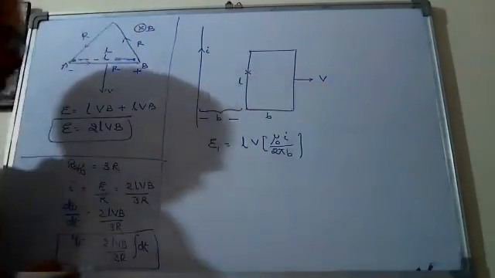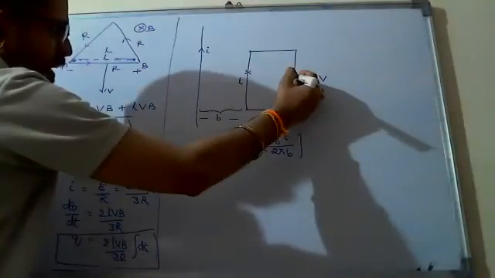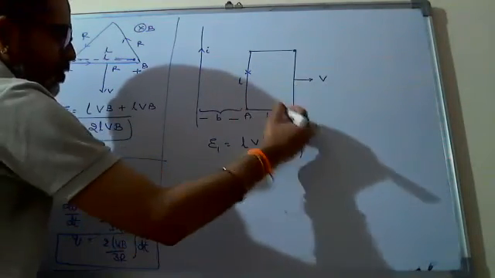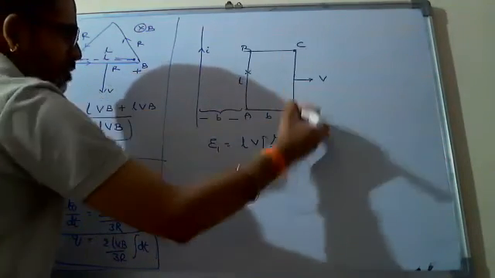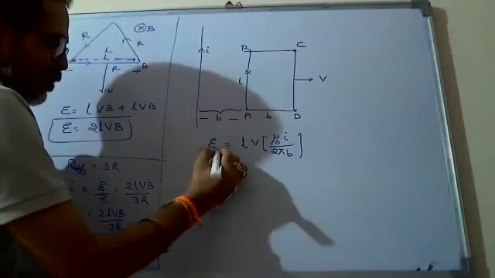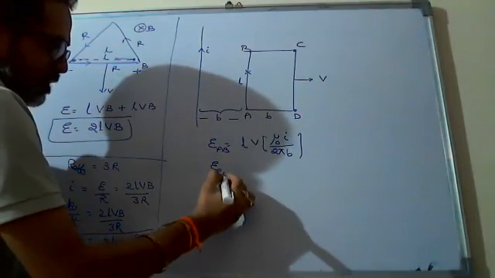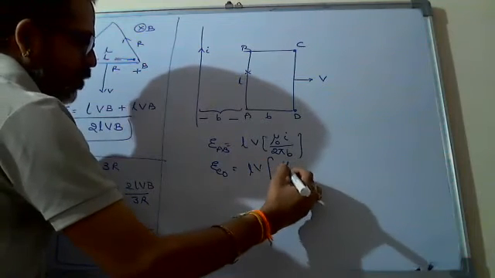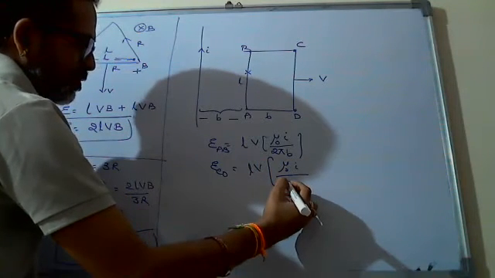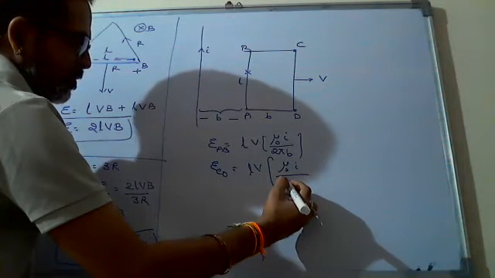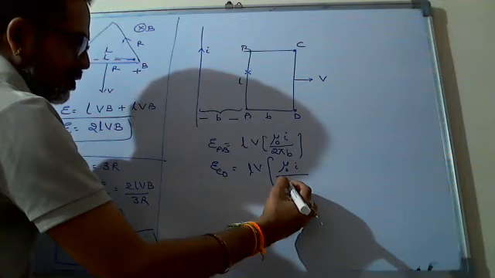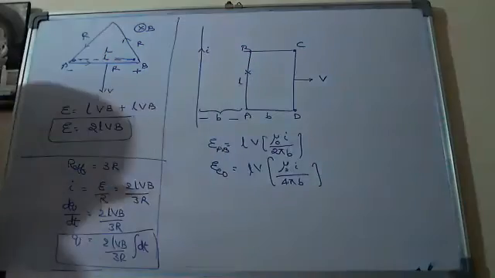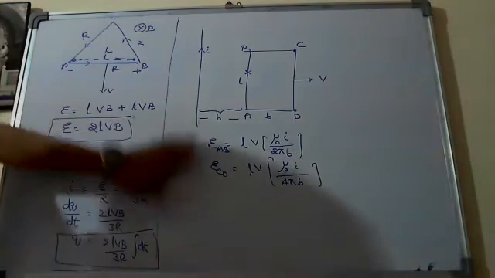This is E1, Nana. In the same way, you can find out EMF induced across these two ends. Suppose if you give the names like AB, CD. AB part over, Nana. Now CD is equal to again LV. This time how much do you write, Nana? Mu naught I by 2 pi into 2b, sir, that is, can I write 4 pi B straight away? Yes, sir. Okay, right. Are these two equal, Nana?